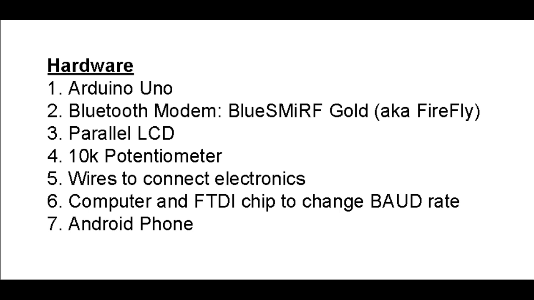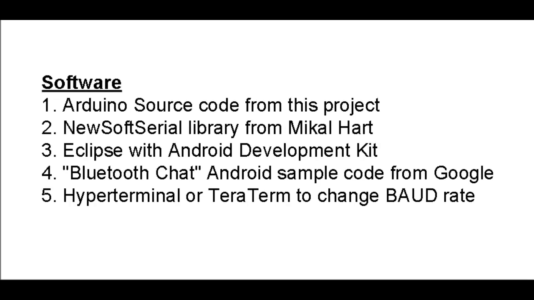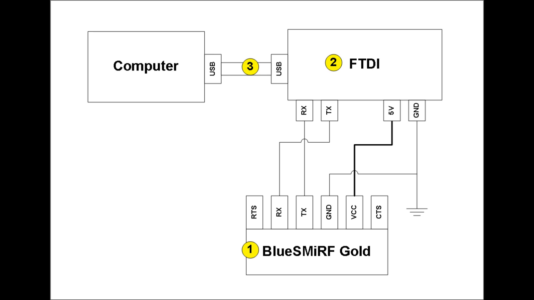Hardware, we've kind of shown it on the last 2 diagrams. Software, all the listings for this hardware and software is in Instructables.com. So the first thing we're going to do is change the baud rate to 57K, and you'll do this by having an FTDI chip between your BlueSMiRF Gold and computer. I have a whole separate video that shows how to do this, how to use TeraTerm or HyperTerminal to change